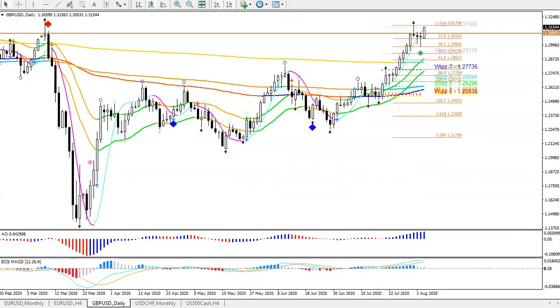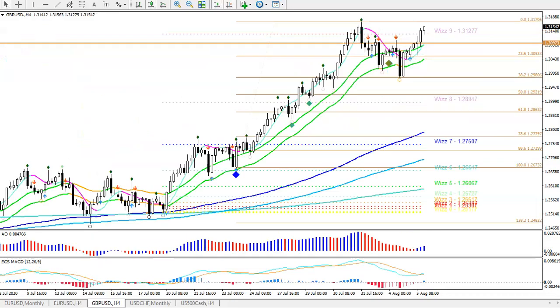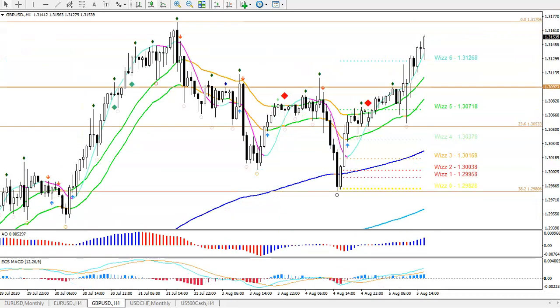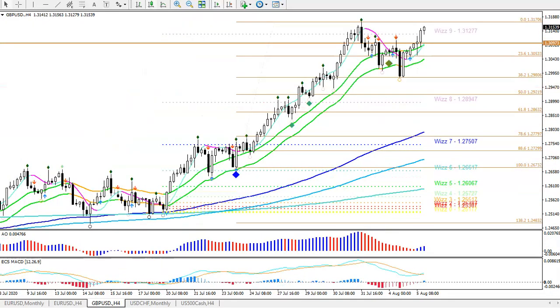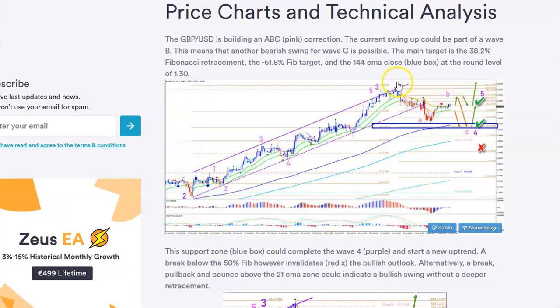And let's take a look at the 1 hour chart again. That's about it, I guess. But you can see here, let me show you. I'm not making this up. You can see here the analysis of yesterday morning, Tuesday morning, indicating ABC, and that the bouncing spot was the confluence of a fib target, a fib retracement, and a 144 EMA.